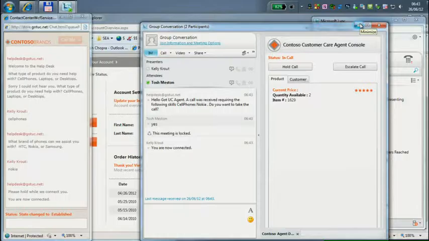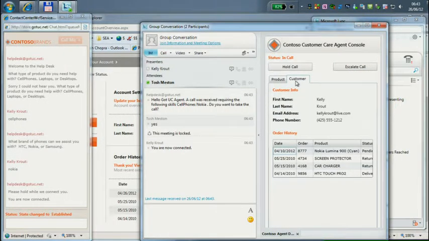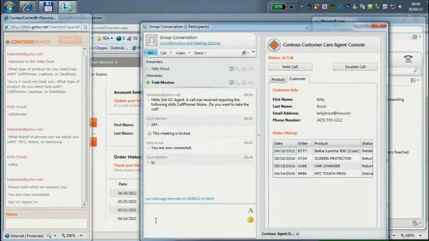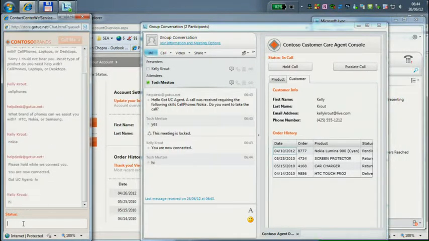I don't see the particular phone, but I see here all the information about the customer that I did as a data dip into that application that I have. So the customer is actually ordering a Lumina phone, and I can do something with that customer. I can say hi again, and you do the same, right? So let me actually say hi. You can see again, the GotUC agent said hi, and I can say hi back, just like I did a second ago.